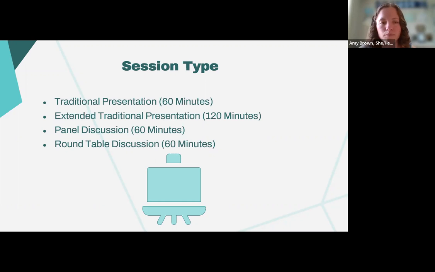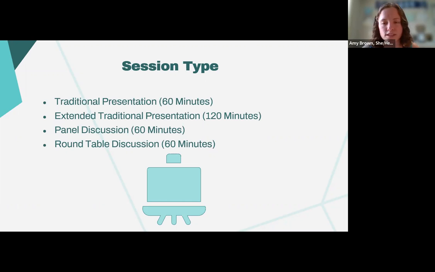We also have panel discussions and roundtable discussions, which are similar but a little bit different, so I can break it down. A panel discussion is where you have a set of experts or other individuals that have a lot of information about a specific topic or have personal experience with a specific topic. And so you can have some guided content for them to share their experiences, answer questions from the audience, and it's a highly engaging session where audience members can kind of direct their learning and involvement.